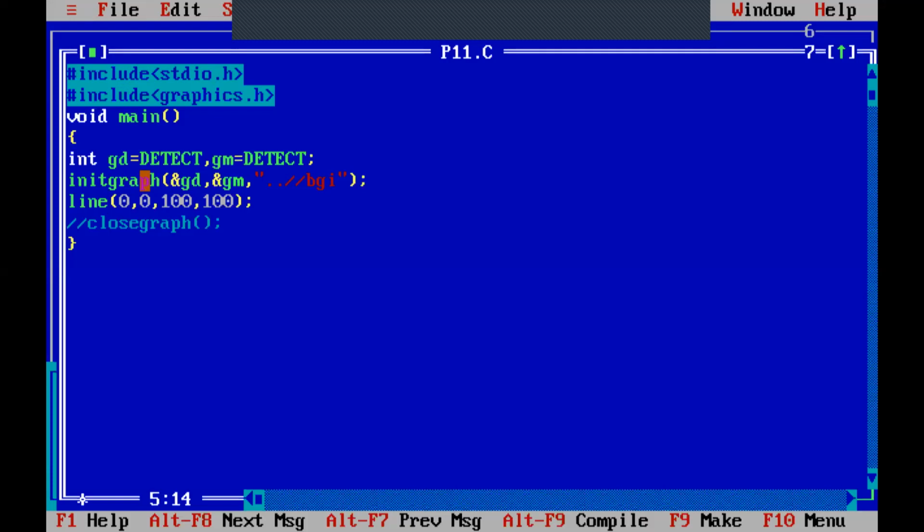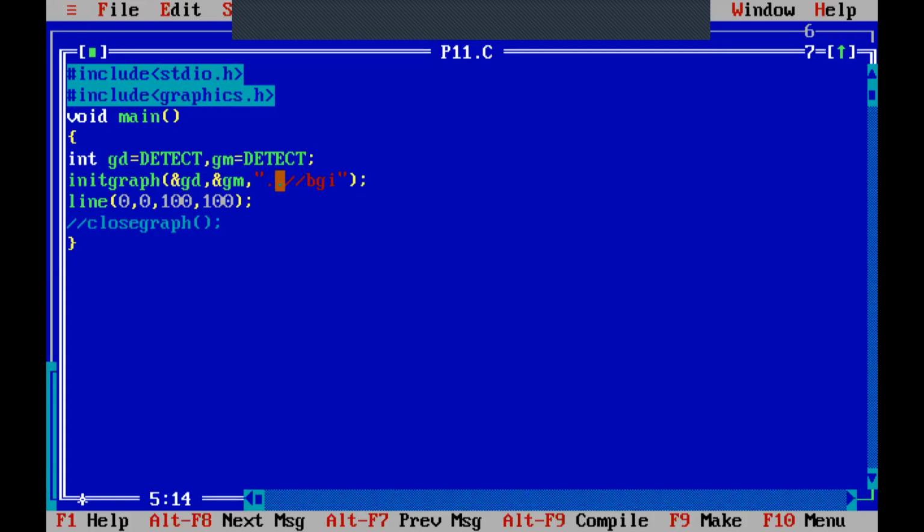Once you write this command, your normal output, that black screen, will be converted into a graphic screen, where this graphic screen is composed of different points. So we can say that it is a kind of output screen where every point is having its X and Y value. Okay, so that is about the graphic screen. The output screen will be converted into a graphics output screen with this command. So initgraph, where I am passing the earlier obtained values GD and GM,